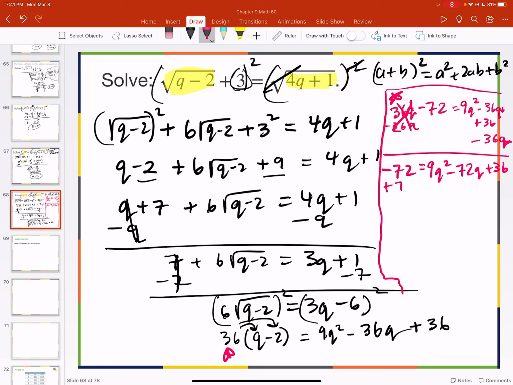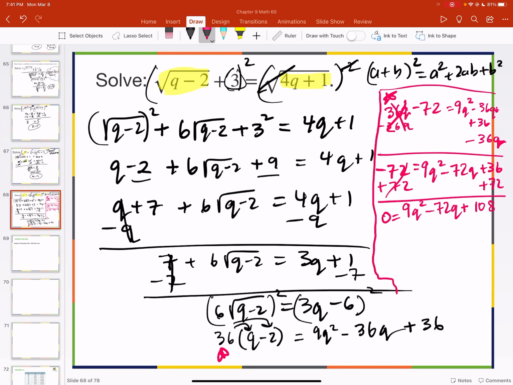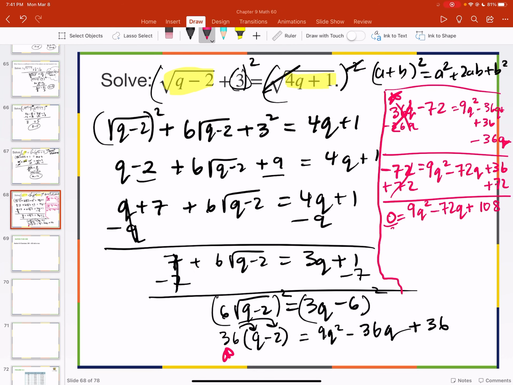So add 72 to both sides. Okay, we get 0 is equal to 9q squared minus 72q plus 108. My 9s look like q's today. Now, notice everything's divisible by 9, so I'm just going to make life easier for myself. Divide everything by 9. 0 divided by 9 is 0. Here, this becomes q squared minus 8q plus,